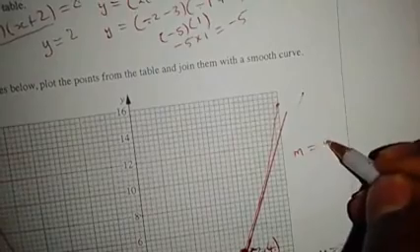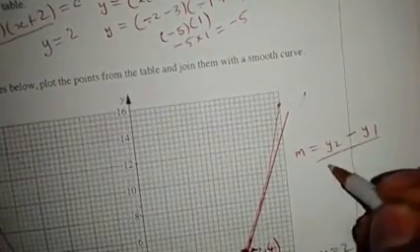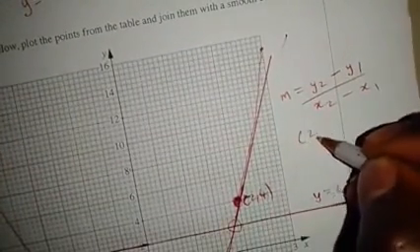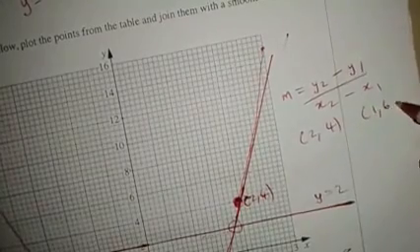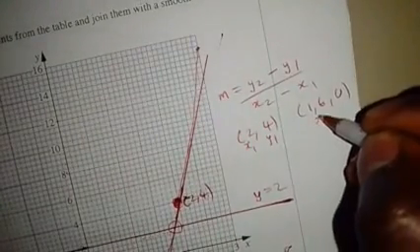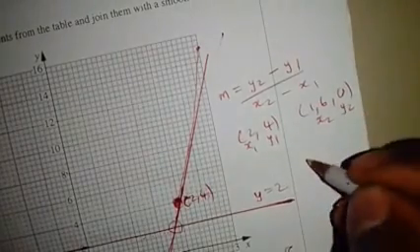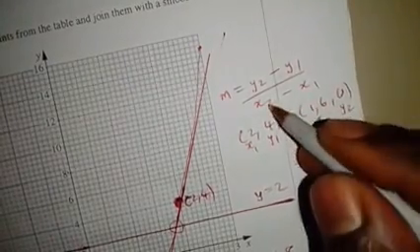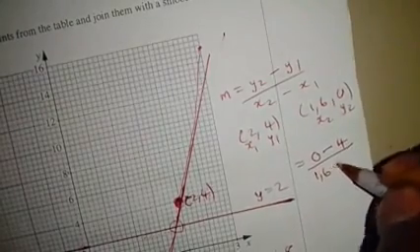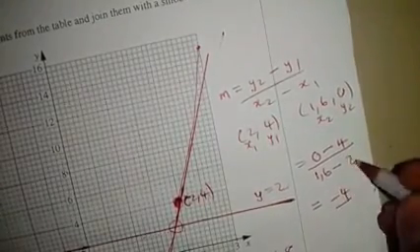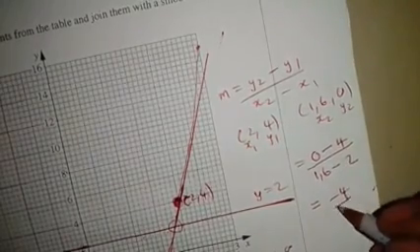So (2, 4) and (1,6; 0) are the points which are lying on the line under consideration. Right. So remember, gradient is m equals y2 minus y1 divided by x2 minus x1. 2 is x1, 4 is y1, 1,6 is x2, then 0 is y2. So on y2 I'm going to put 0, minus y1 which is 4. On x2 I'm going to put 1,6, minus x1 which is 2. 0 minus 4 you get minus 4, 1,6 minus 2 you get negative